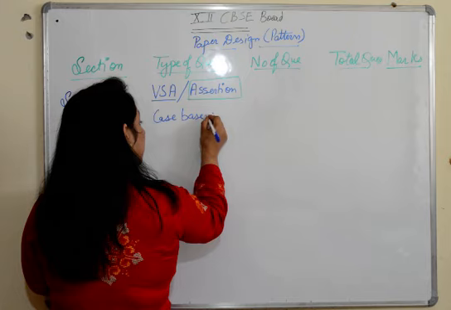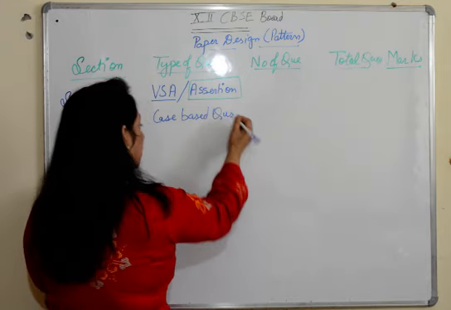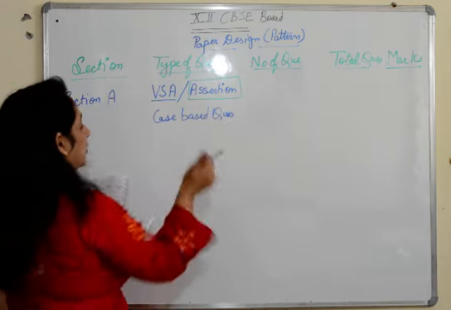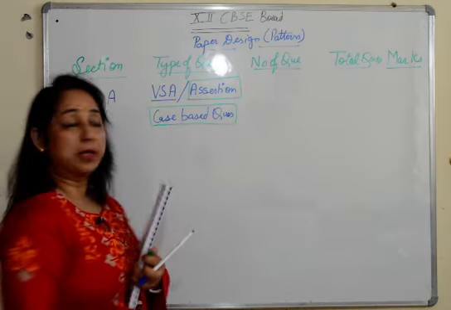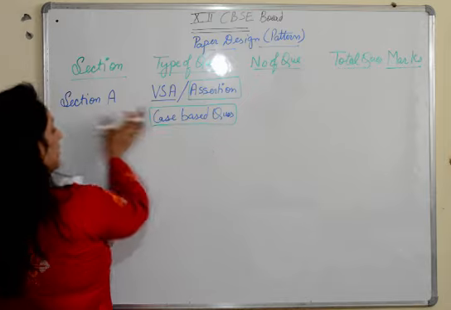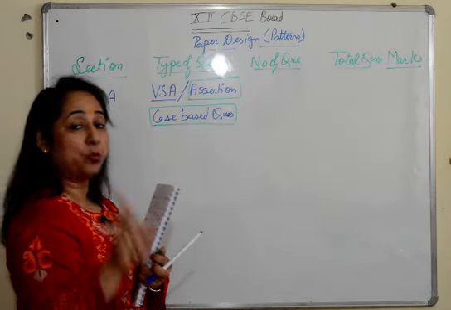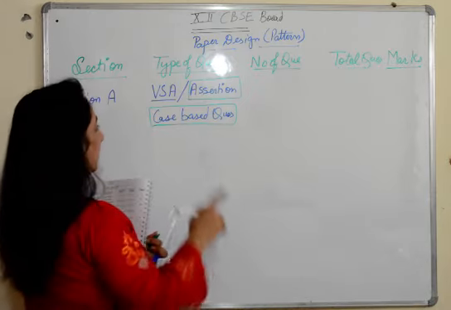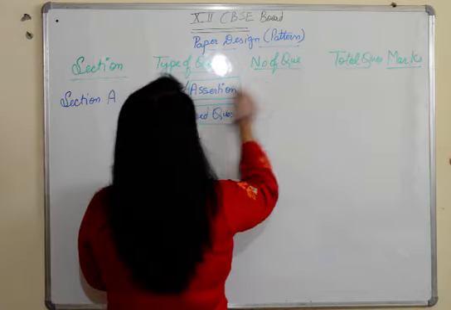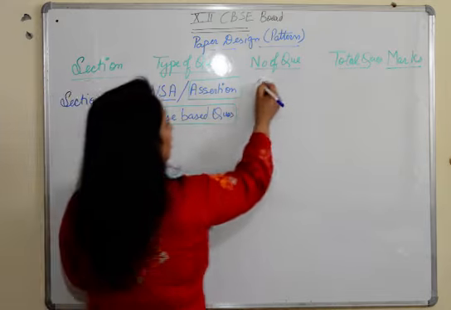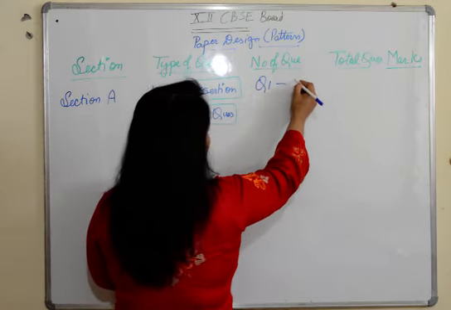case-based questions. I'll tell you what they are. Case-based questions are also a new addition to the paper. So assertion questions and case-based questions are going to come in section A, and both of them are a new addition to your paper. The question numbers for very short and assertion start from question number 1 to